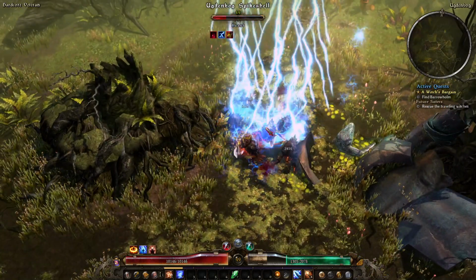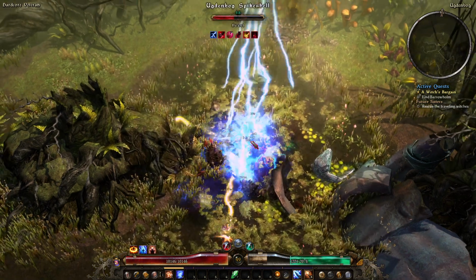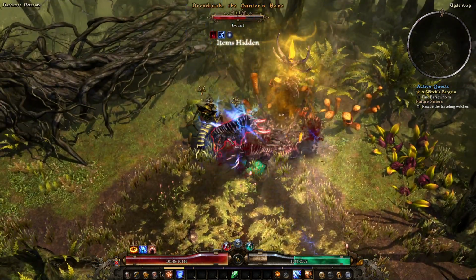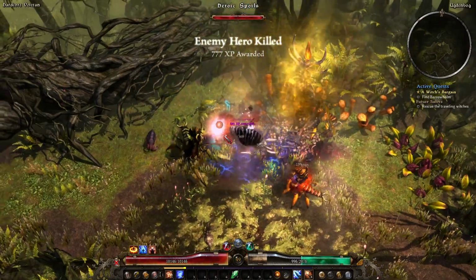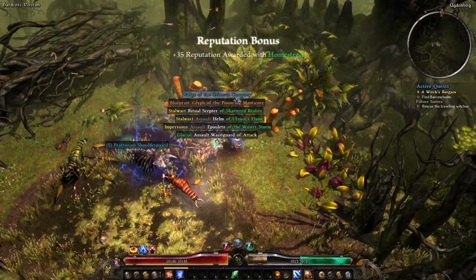Alright, totem up ahead. I'm going to do that. One thing to note as well about this is there's a bunch of different places it can spawn. And if yours isn't there, the easiest way to find it is to just hug the right side of the map. I will kind of point it out here in a second, but